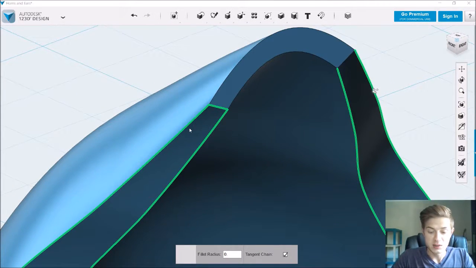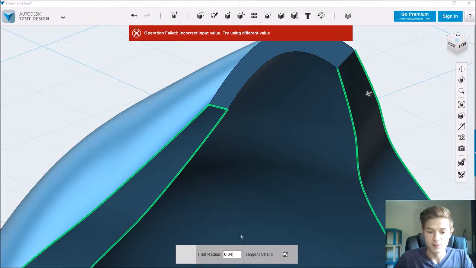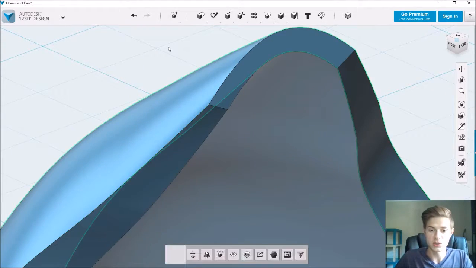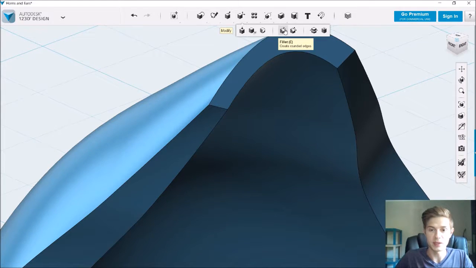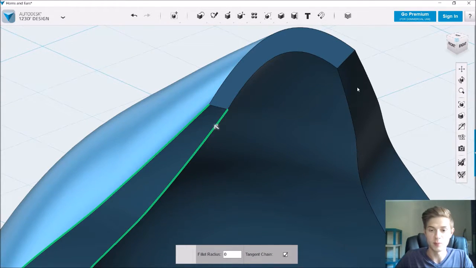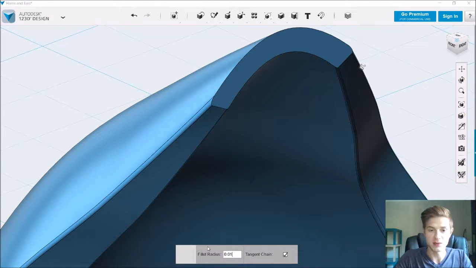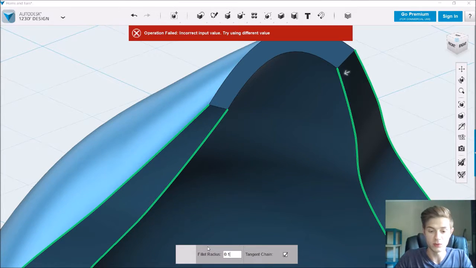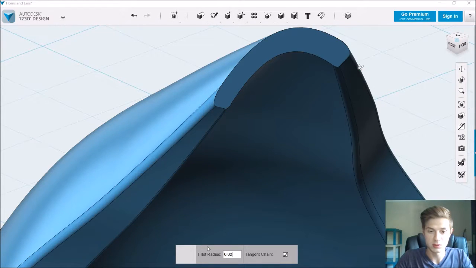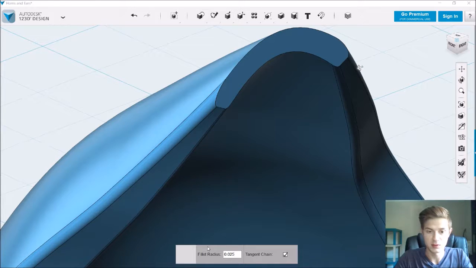Let's try 0.04. Still an error. Let's try doing them separately. Sometimes that might give it a better chance of filleting. 0.01. That should, I would imagine, be pretty good. Let's do 0.1. Oh, that's too big. 0.025. It's hard to really predict what the radius of these corners would end up being, and what would actually